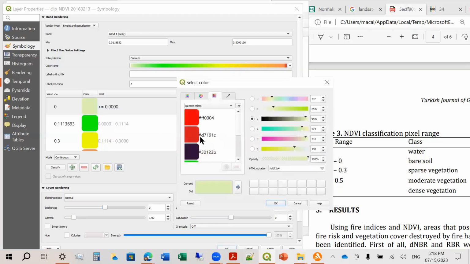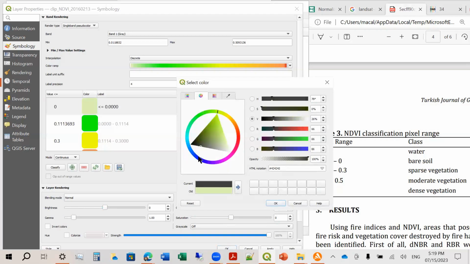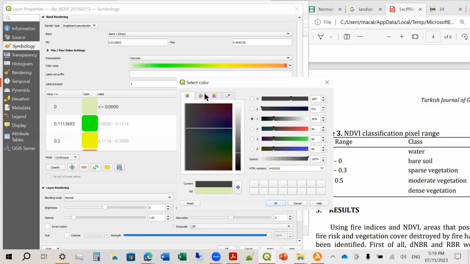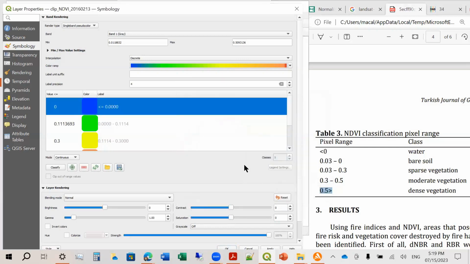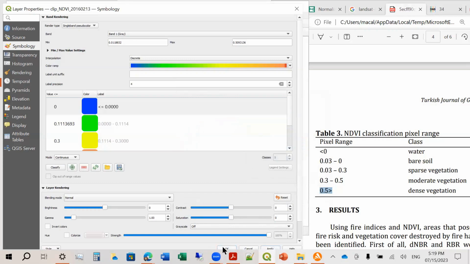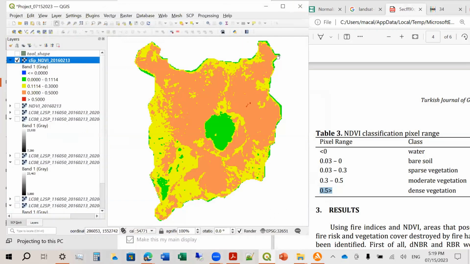And then this one is, let's use this blue color. Okay, then let's apply. Then okay. So this is now your discrete image of your NDVI.